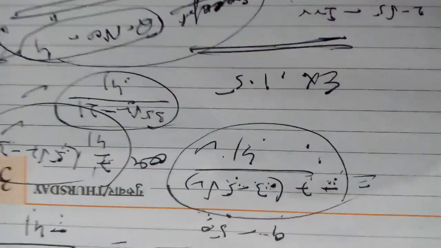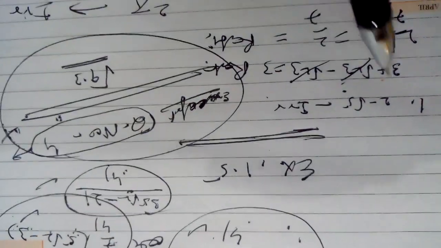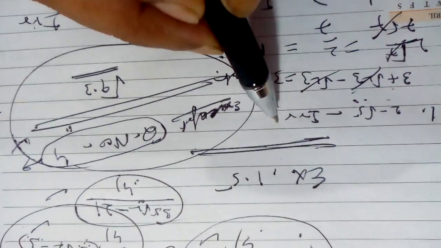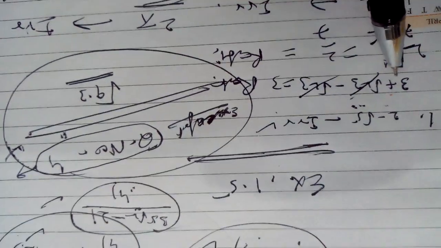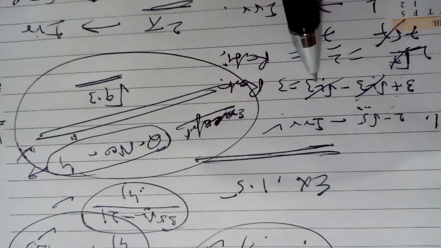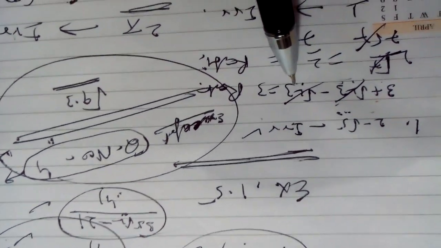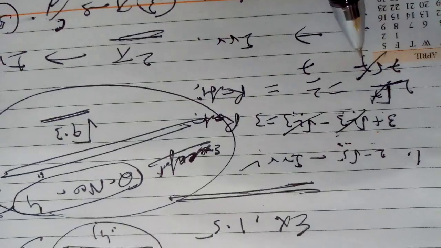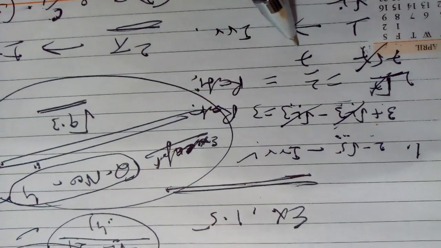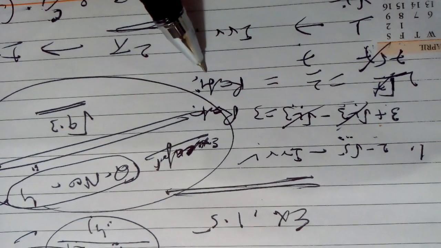In exercise 1.5, there is a first question given. In the first question, you are getting 4 parts. 2 minus root 5, is it rational or irrational? It is irrational because root 5 is present. 3 plus root 23 minus root 23, rational or irrational? These two will be cancelled because of like root, so it is rational. Third part is given 2 root 7 upon 7 root 7. Root 7 is again alike, so it will be cancelled. What is your answer? 2 by 7, which is rational.